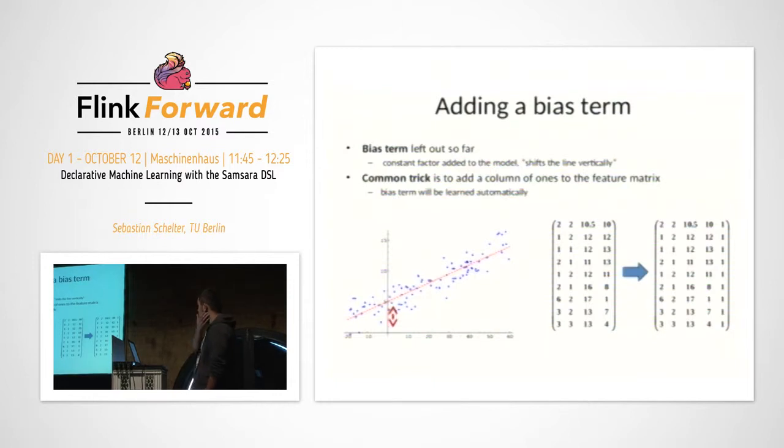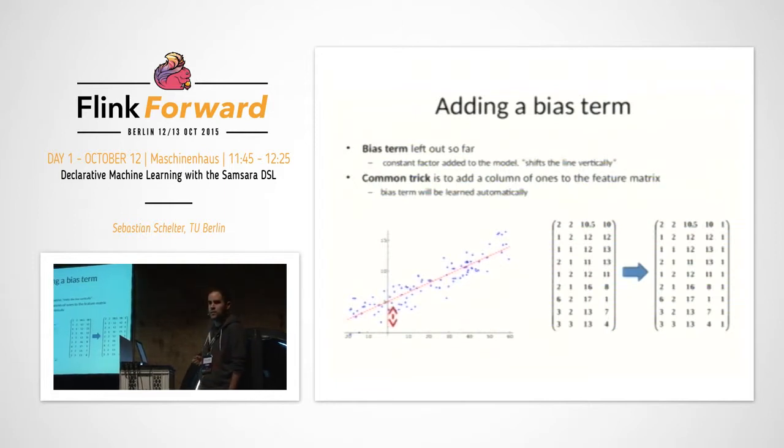So one thing that you would, for example, add is a bias term that is like a constant factor that's always added to the model that shifts that line. And one trick that people use is to simply add a column of 1s to the feature matrix, and then basically the model will learn a bias term that is simply the weight for this column of 1s. Just a common trick that you can look up. Now I think nowadays Samsara even has support for that, so there's like an operator that you can call. But when I created this tutorial, there was no support for it,